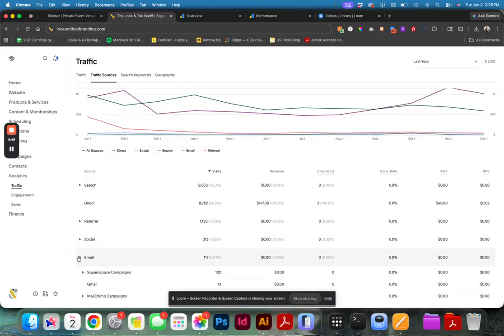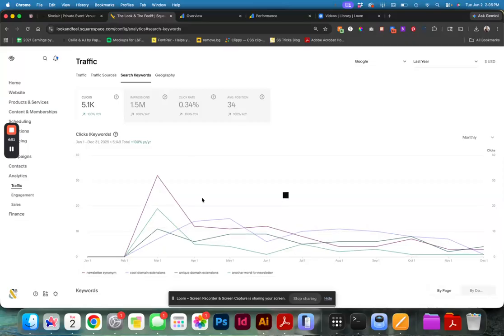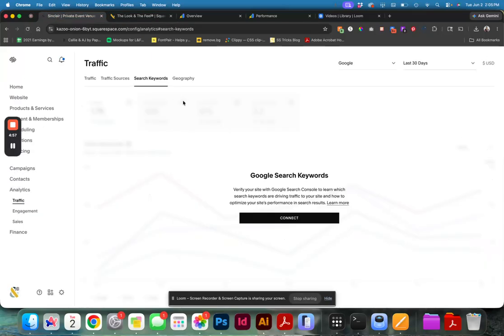Just get those numbers there. So the next piece is search keywords. Now, this is not going to work if you do not have Google Search Console set up. So I'll just show you that real quick. If you hop over here in the same area, it's not set up here. All you need to do is click connect and set an account up, and then it will start populating your